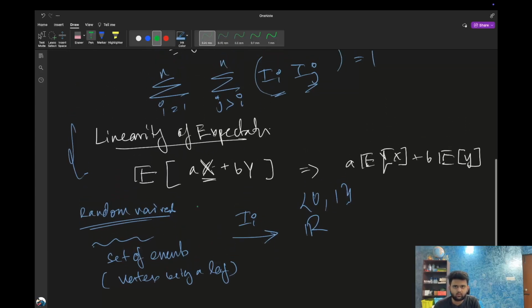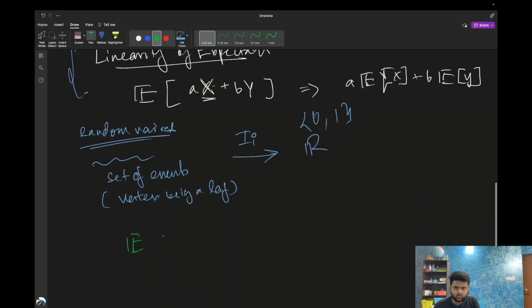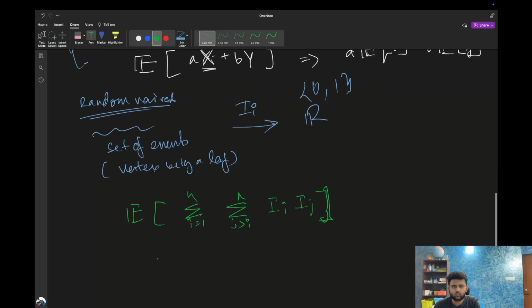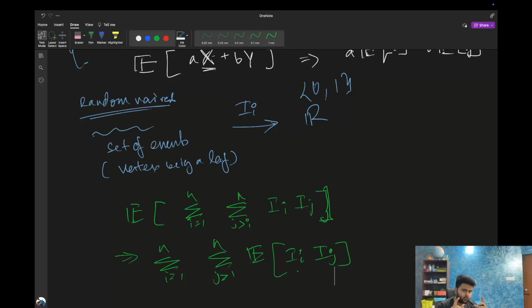So simplifying now, expectation of summation i equals 1 to n, j greater than i to n, I_i I_j, is equal to summation i equals 1 to n, summation j greater than i to n, expectation of I_i I_j. Now as you see, we just need to worry about what any two vertices, what the expected value of this is, right? Now